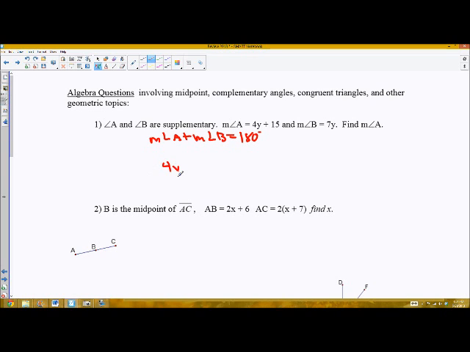So that means that 4y plus 15 plus 7y would have to be 180, substituting. So by the substitution property of equality, substituting those values with what they're equivalent to, 11y would equal 165. Divide both sides by 11. I get y equals 165 over 11,